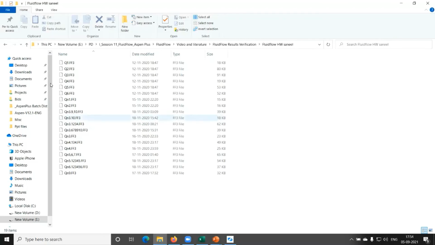These are the solved examples from those 75 pages document. I don't want you to just open it and see what has been done. The way you should use this folder is that you do it, you see what your answer is. If your answer is matching with the solved example, you don't have to look into these files. But if you are getting a huge difference, then that is when you can refer to this file, right?